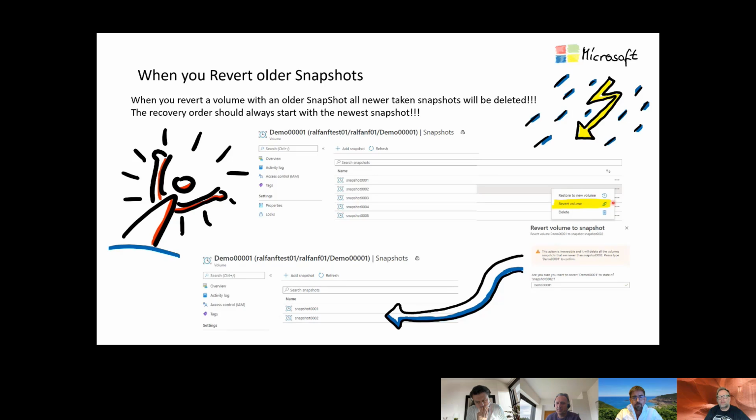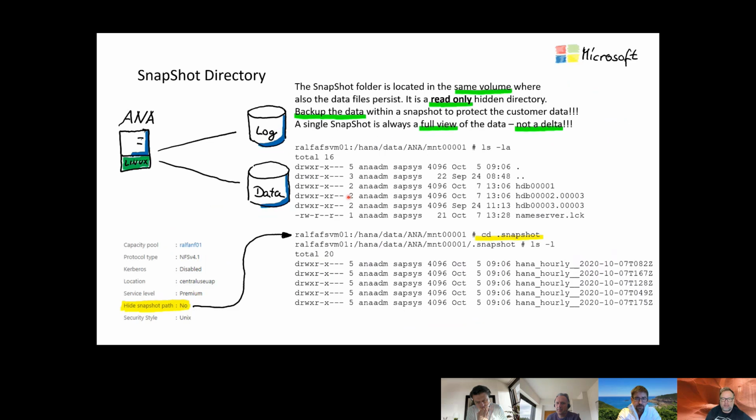Good question. So the file view, let's say the logical view. When you go into such a directory like here, into the snapshot, you always see the full database view. So that means in that directory you always have the full picture, what we will see also later when we do the recovery.